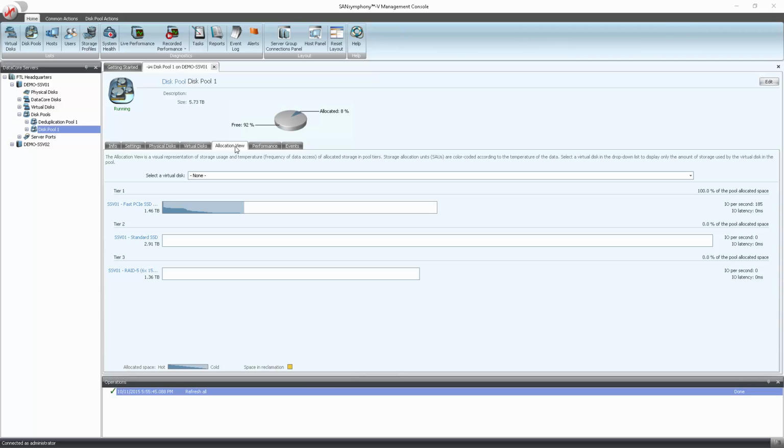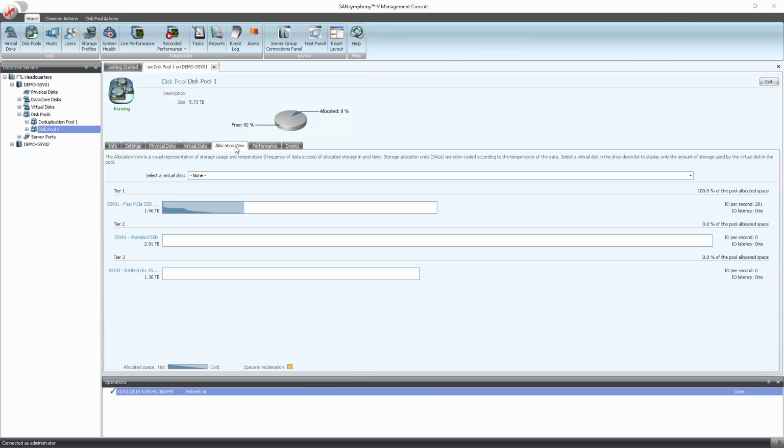Additionally, disks can be added or removed from the pool non-disruptively. Performing either one of these operations causes the disk pool to become unbalanced. An unbalancing detected by SANsymphony will be automatically rebalanced in order to avoid hotspots from forming across the physical disks within the pool. This view, like other views within the console, contains performance and event tabs for monitoring performance metrics and events at a more granular level.